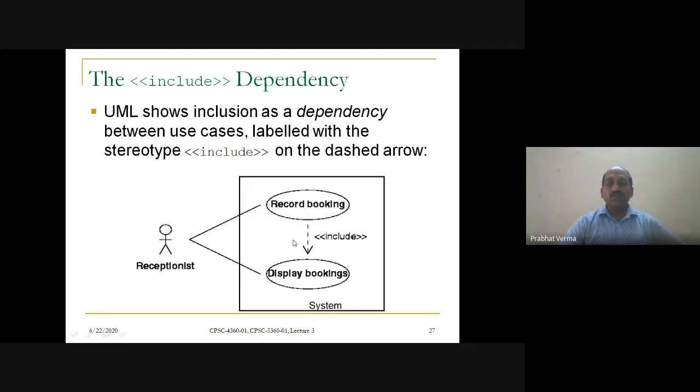So it is imperative, it is a must, to run this display booking use case in order to execute this record booking. So they are linked through the include directive.